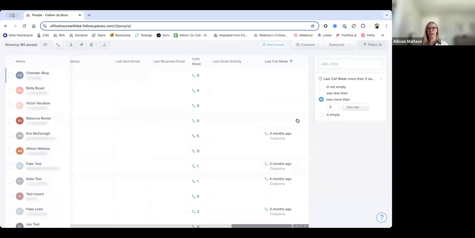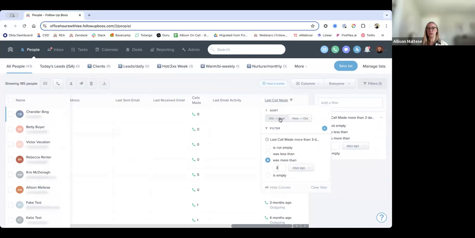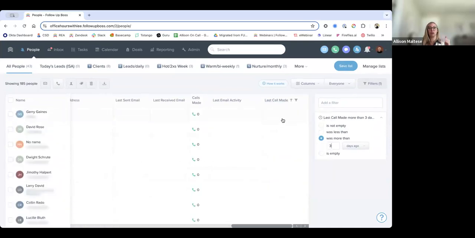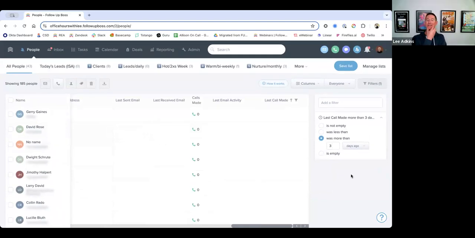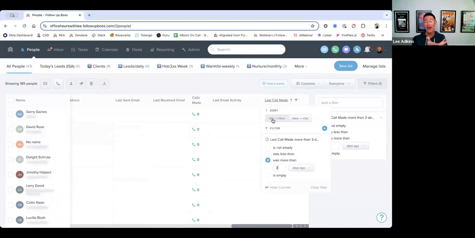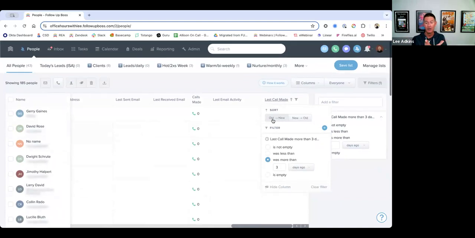And there you go. And remember too, you can be sorting these oldest to newest. So like, who did I really haven't called at all, or it's been a really, really long time, right? I think that's a missed opportunity a lot of people don't use. The sorting is so important because, yeah, if this was a real scenario and you had 185 people, you would